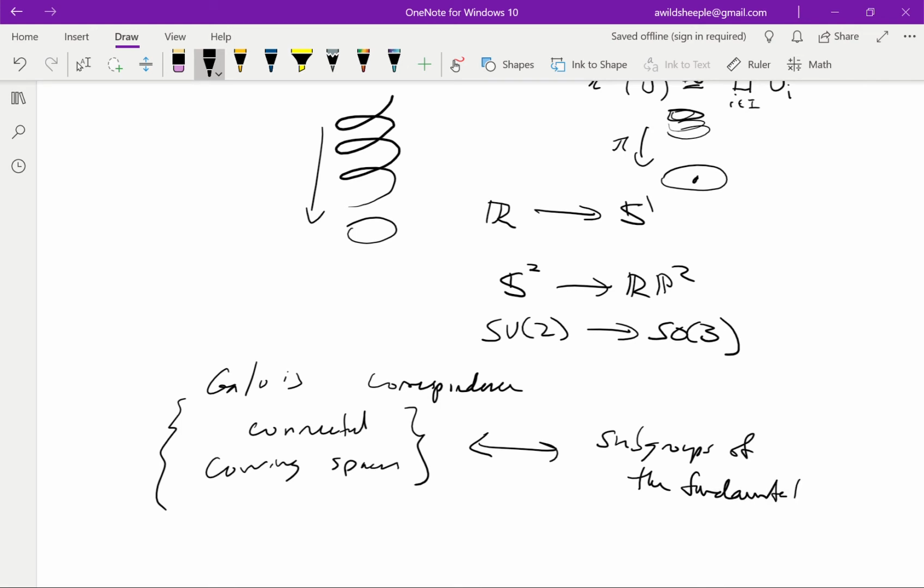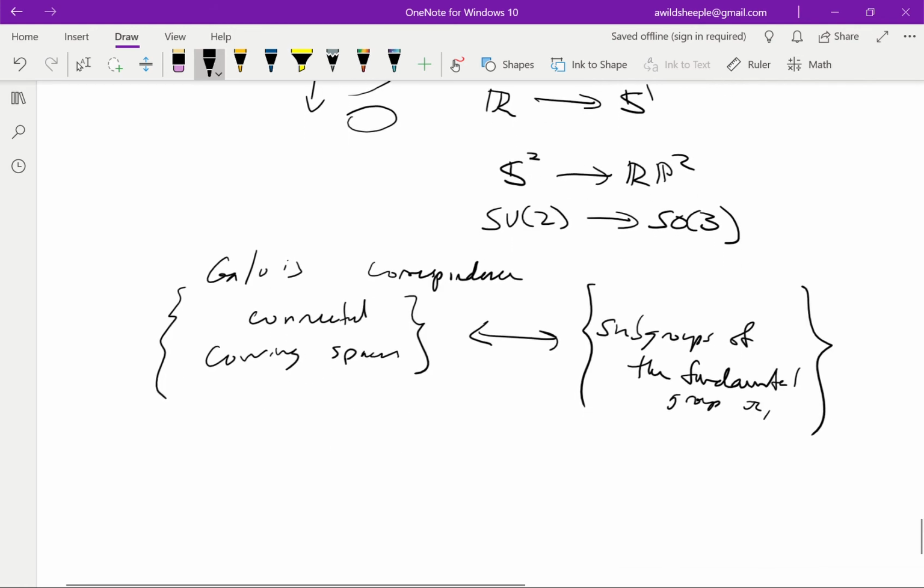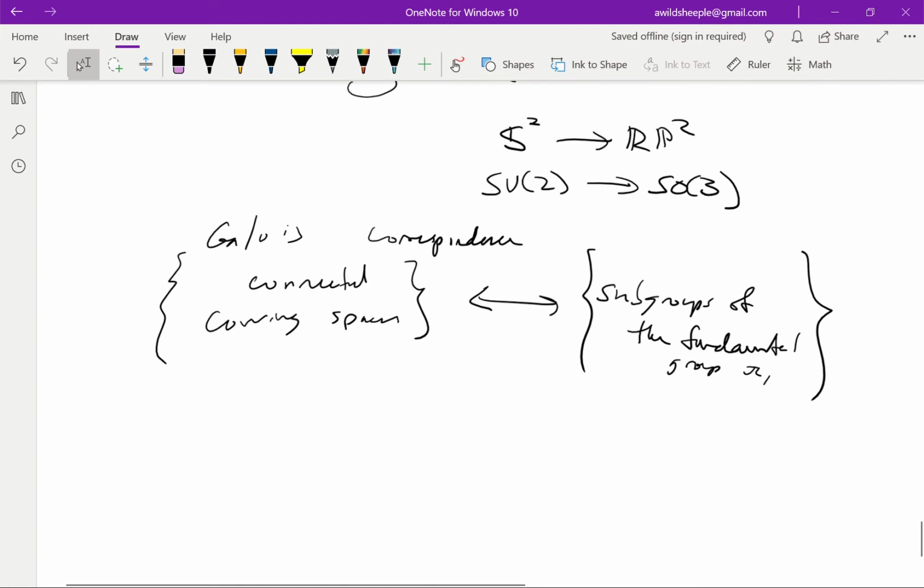And if you don't know this story, then go check out the great books by like Hatcher or Bredon. Hatcher's book is available for free on the internet, so just take a look at that. Anyway, let me get to what I wanted to say, which is that covering spaces can be sort of pulled